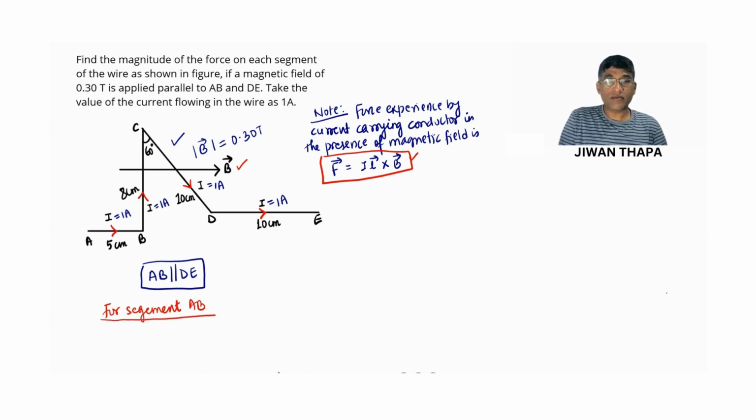So what we find, we find this. So we have current I equals 1 ampere, and we can see in the figure, we find magnetic field and segment AB